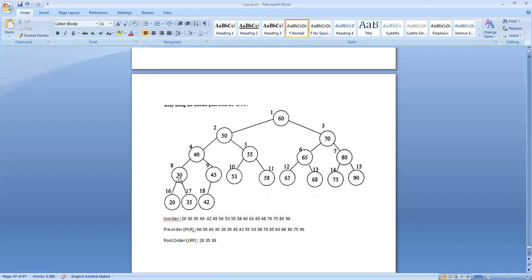Then the sibling of 30, that is 45. 45 is a parent, so write the children first. 42, no right sibling, so 45. Now the parent of these children, 40.